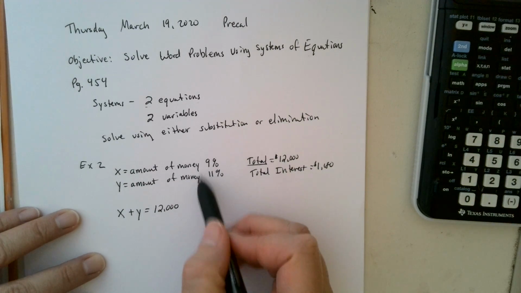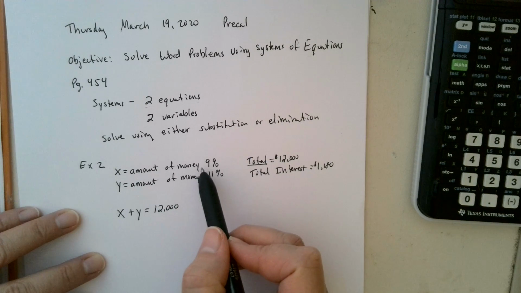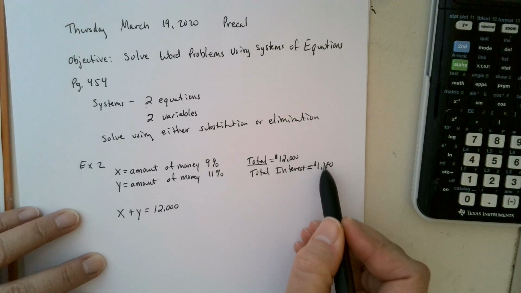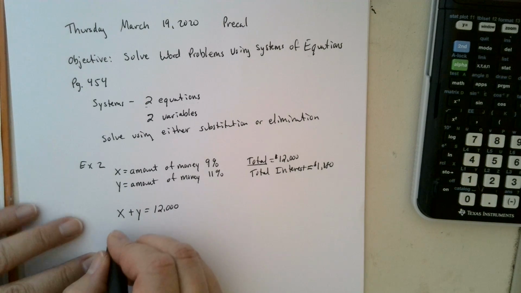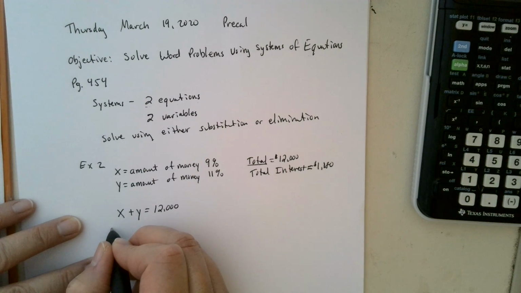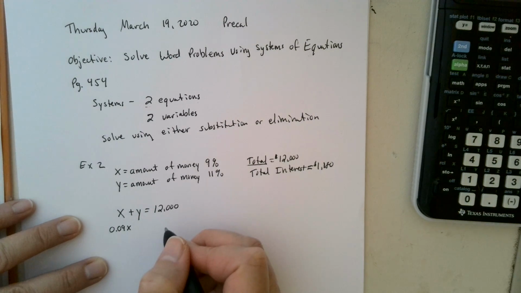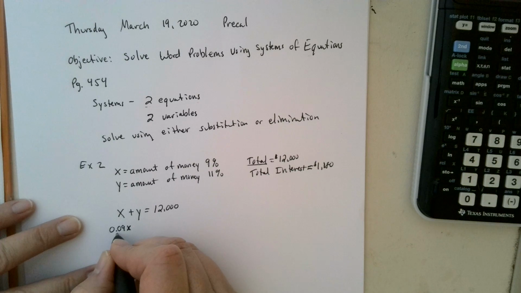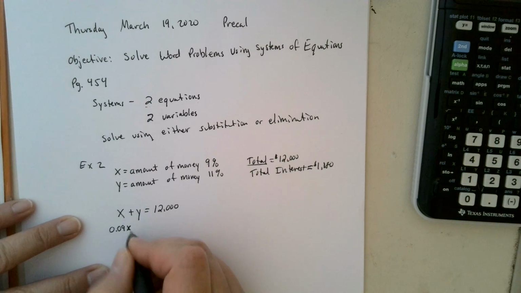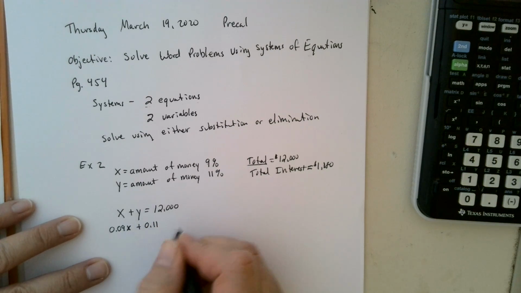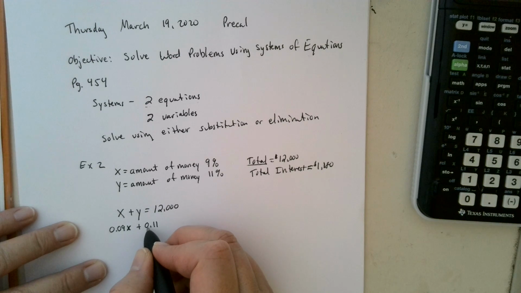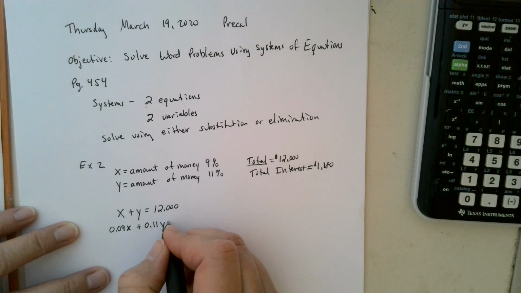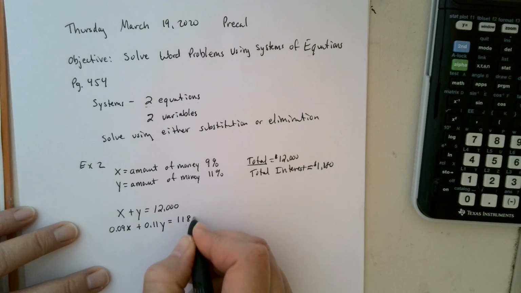Then the second bit of information has to do with interest. So the X amount of dollars is earning 9% interest. The Y amount is 11% interest for a total of $1,180 in interest. So hopefully you understand how interest works, but they take the amount of money in your account and they multiply it by your interest rate and they add that to your account, and that's your interest. So X amount of dollars at 9% interest, that would be how much interest we would earn on our first account. Our second account, the interest would be found by taking 11% or 0.11 times the amount of money in our second account, and those two amounts of interest added together should equal the total interest of